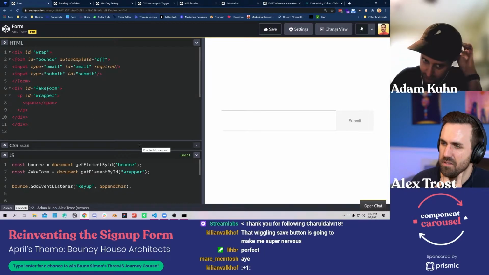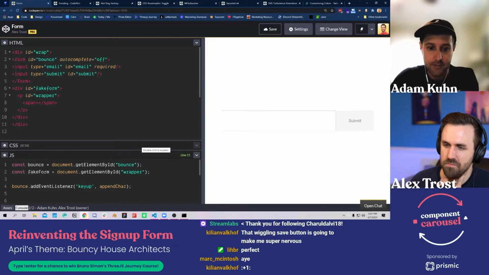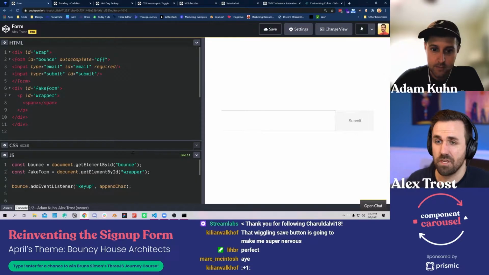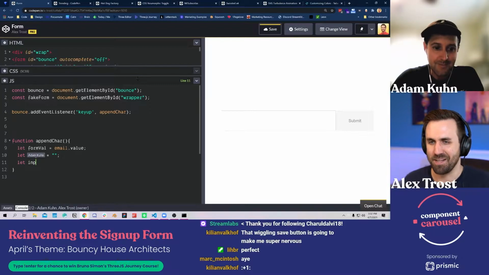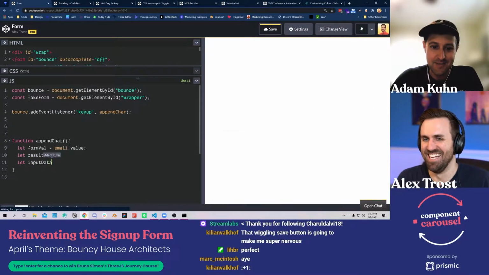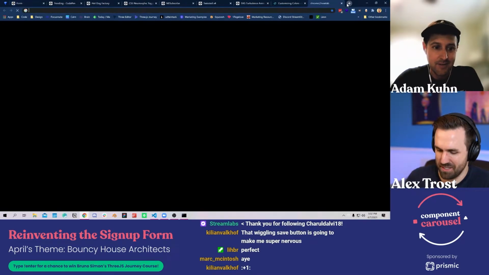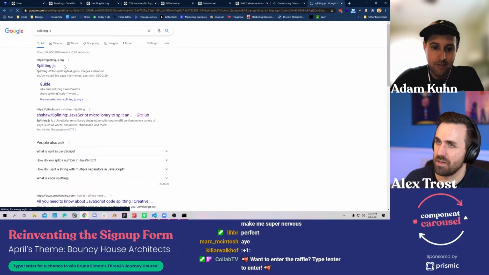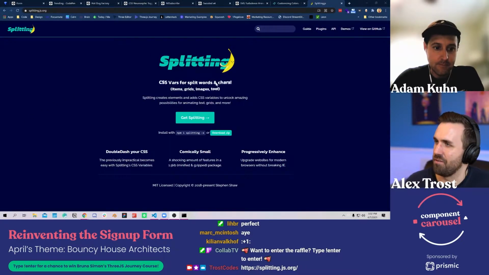A lot of times I like to use Stephen Shaw's Splitting library just because it's really easy to reach for and it does a great job. He's thought of some great little key details that make it really fun to work with. But in this instance, we'll just roll our own because it's shorter. Sorry, Stephen, maybe next time. It's a nice compact library. Nine times out of ten I'm reaching for it. Let me grab this for the chat. So this is what Adam's talking about. Great library for splitting up stuff.